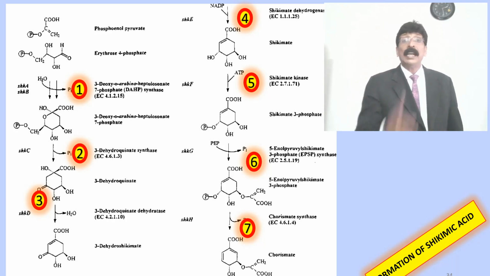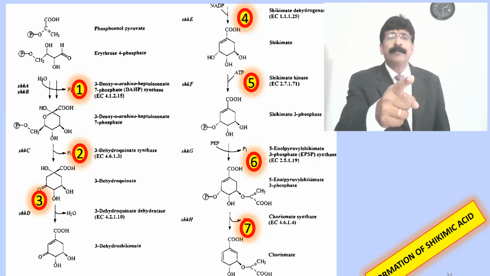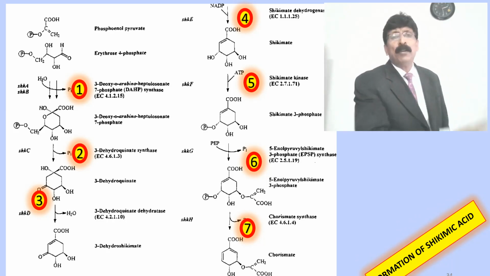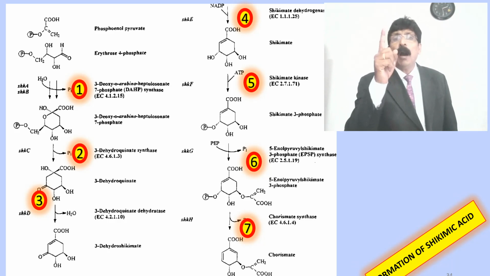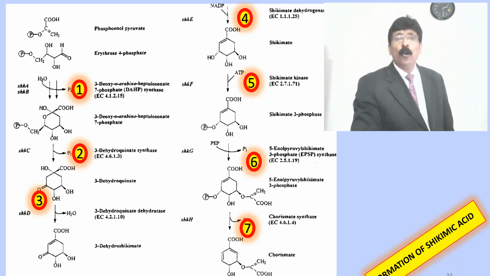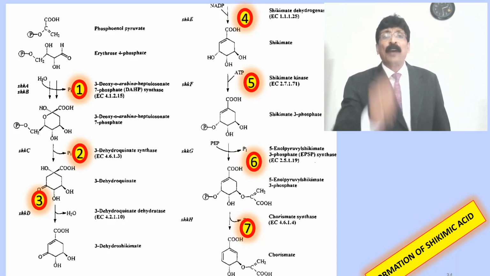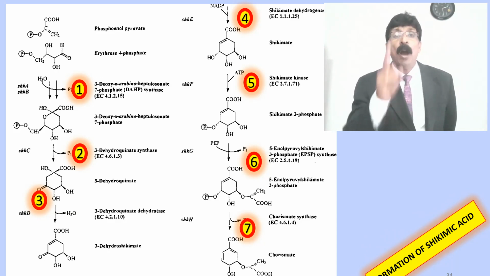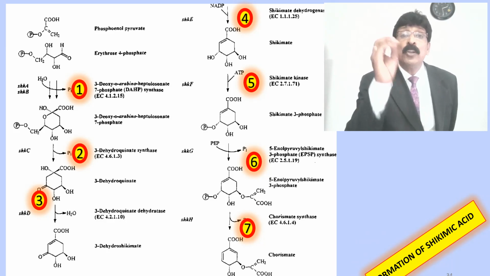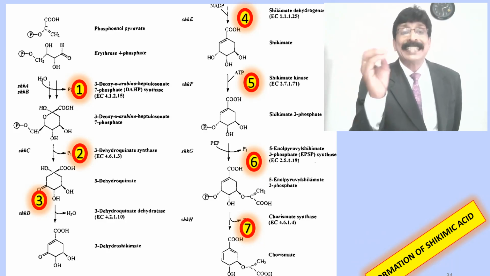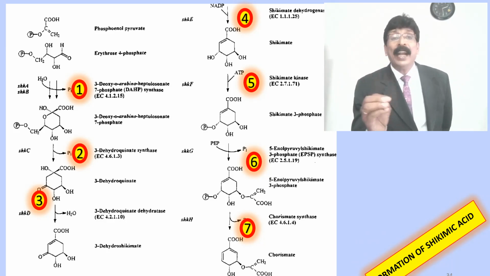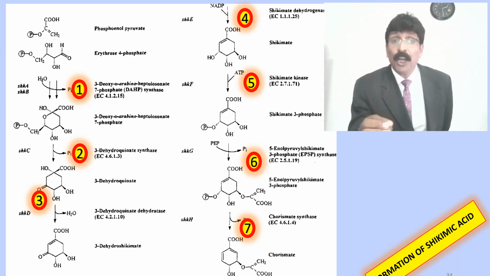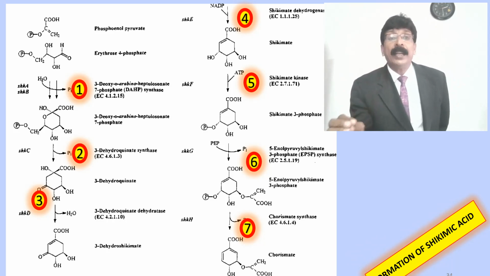You can see that phosphoenol pyruvate and erythrose 4-phosphate combine to give the 7-carbon 3-deoxy-D-arabino-heptulosonate 7-phosphate by means of the action of the first enzyme, 3-deoxy-D-arabino-heptulosonate 7-phosphate synthetase. And this heptulosonate phosphate is converted into dehydroquinate by means of the second enzyme